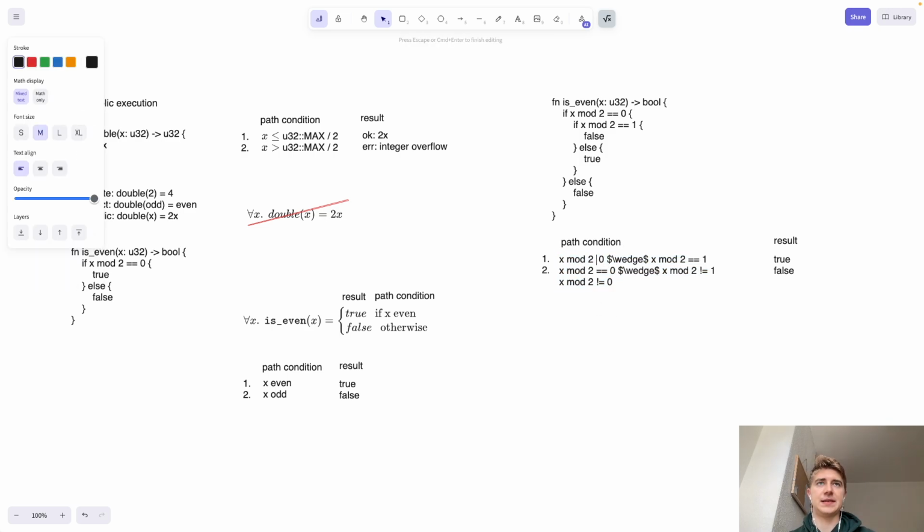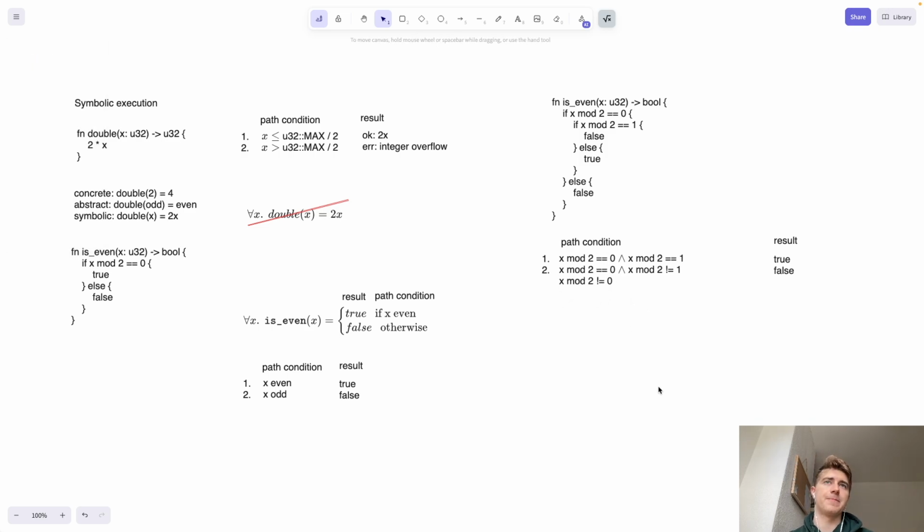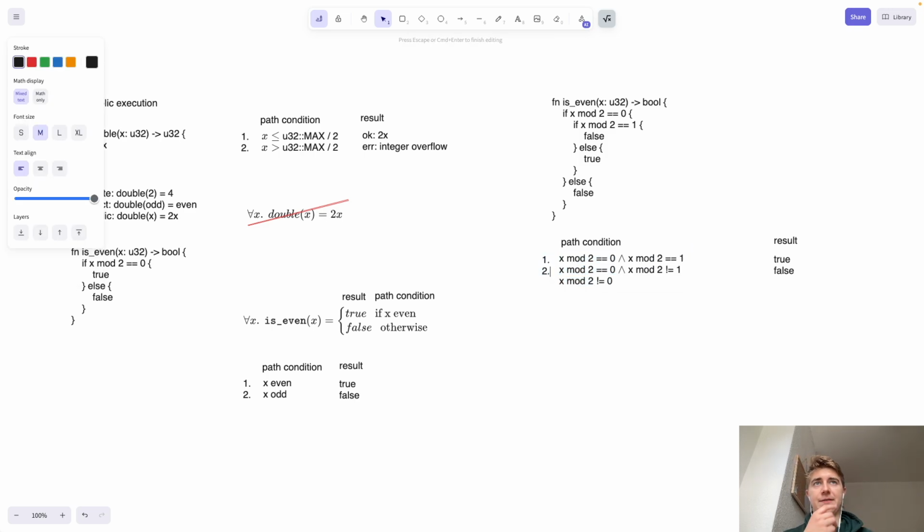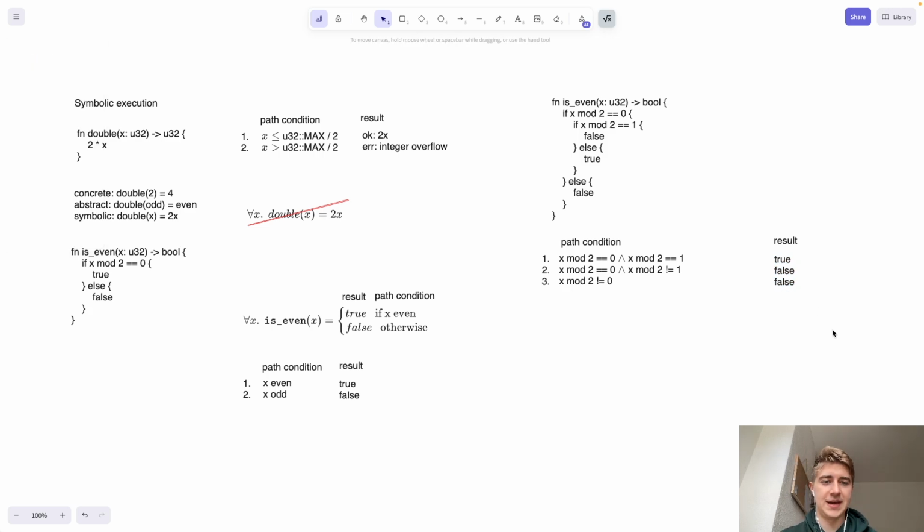Just going to make this a bit nicer. It doesn't matter. So we have 3 different possible paths, in theory, right? If we just have a naive kind of algorithm, it's going to find 3 paths. Now, what happens? We can obviously see that one of these paths is not going to be reachable, and that's just because we wrote some bad code. But in practice, you can imagine that, for example, this integer overflow path might not be reachable because we only ever give it like